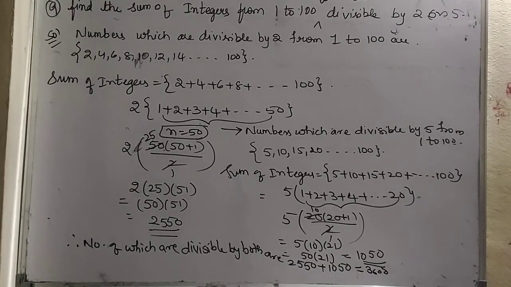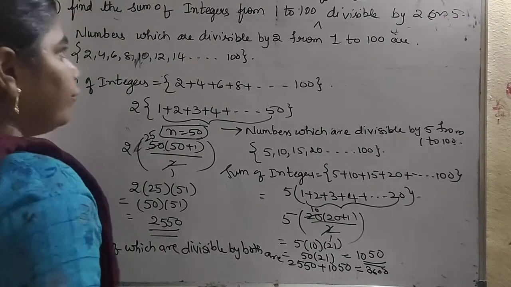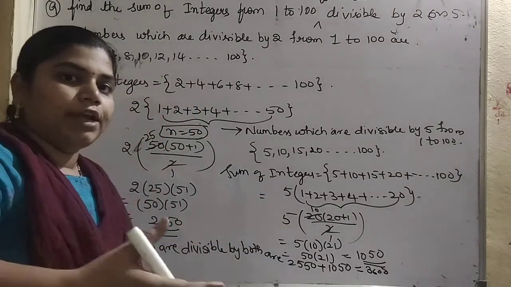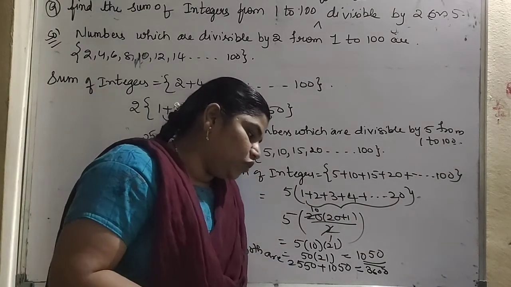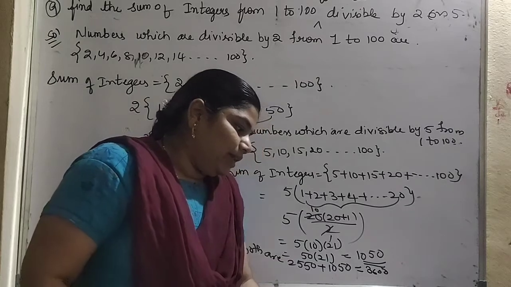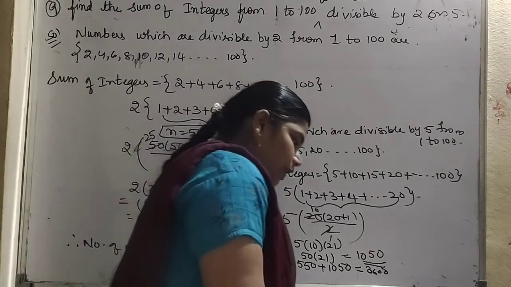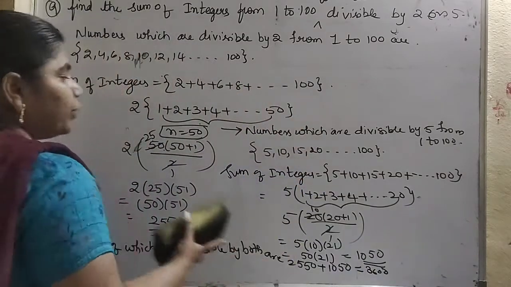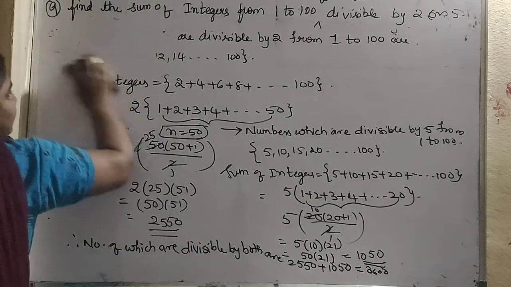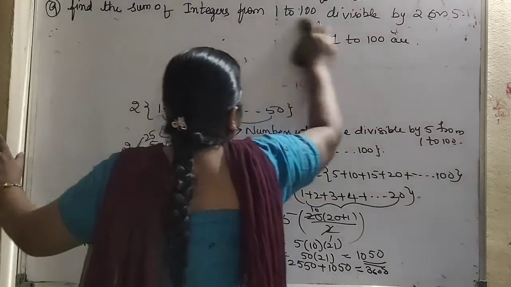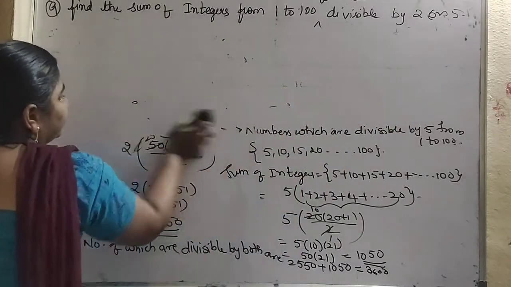They are divisible by both the values, but what we want is that it can be divisible by 2 or it can be divisible by 5. So what we will do, we will take the numbers which are divisible by both, that is 2 and 5. So it will be the LCM of 2 and 5. What is the LCM of 2 and 5? LCM of 2 and 5 will be equal to 10. So we will take the multiples of 10 here.